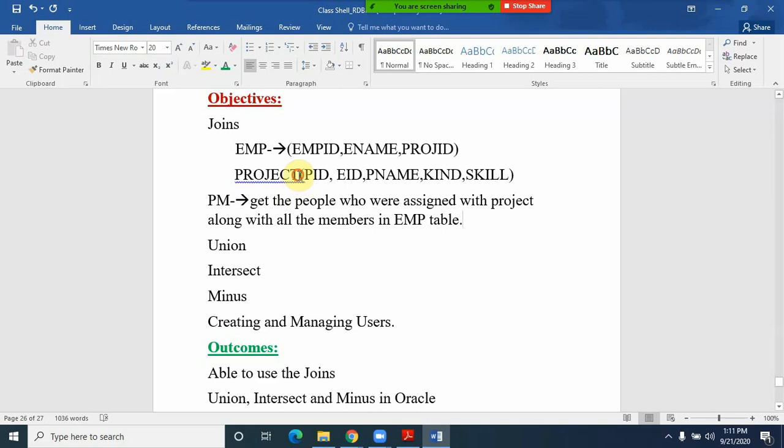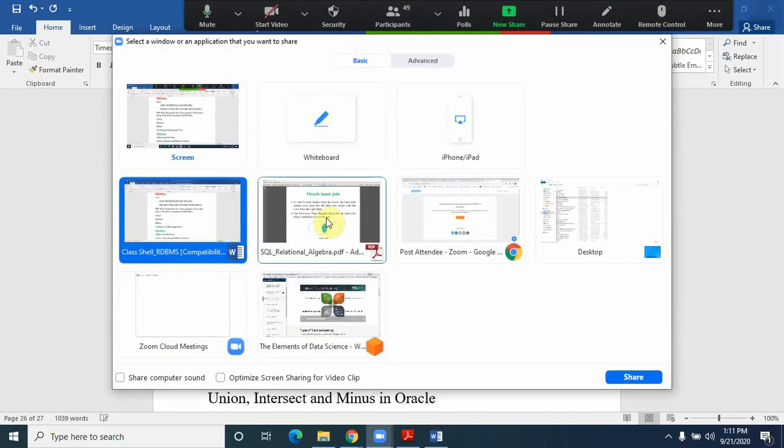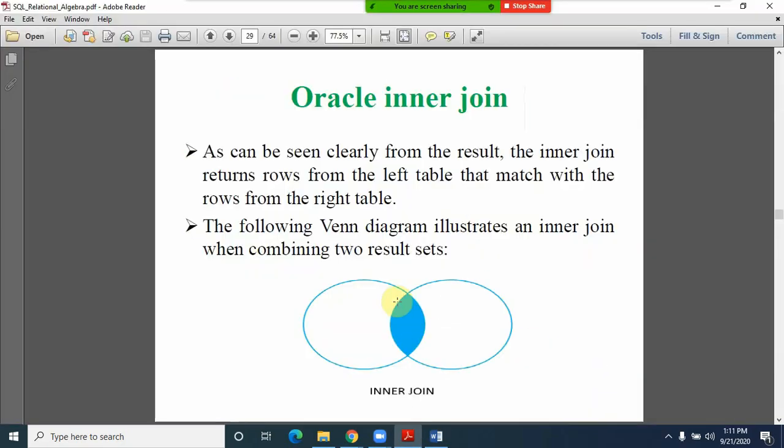From the project table, all the employees mapped can be identified here, but according to our requirement I want to get the employee data in such a way that the members who are all there in the employee table are also required. For that purpose we are making use of the left outer join. Let us have a look at this.